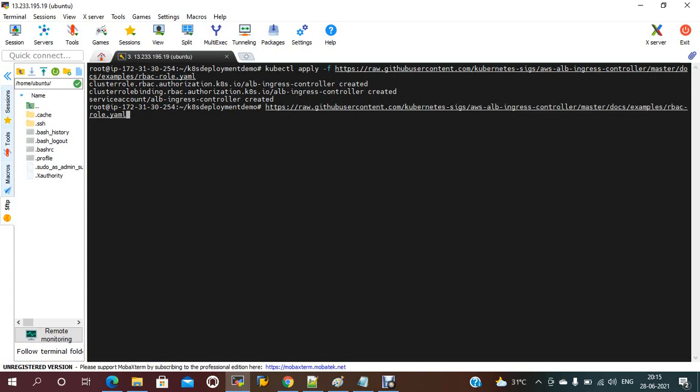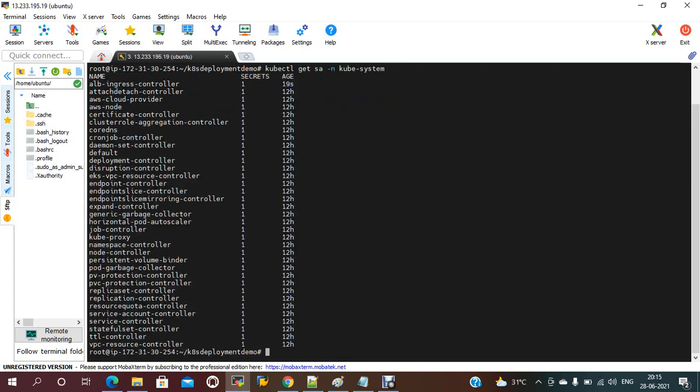If you check now, the service account ALB ingress controller is created. Along with it, the cluster role binding should also be created, and the cluster role is created. Previously it was not there. Now it is created.